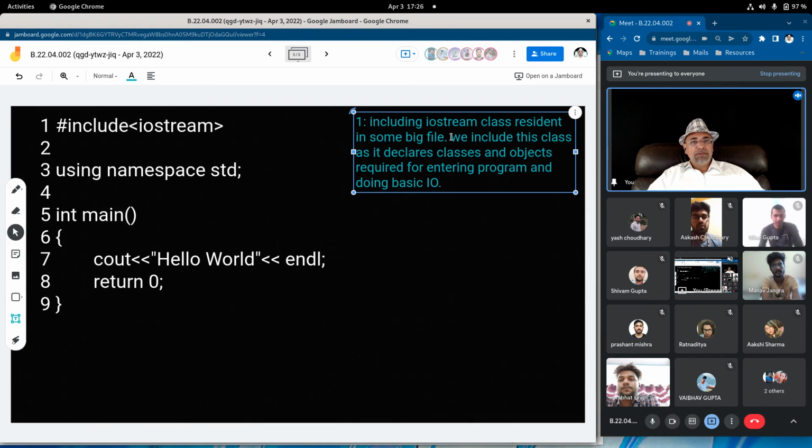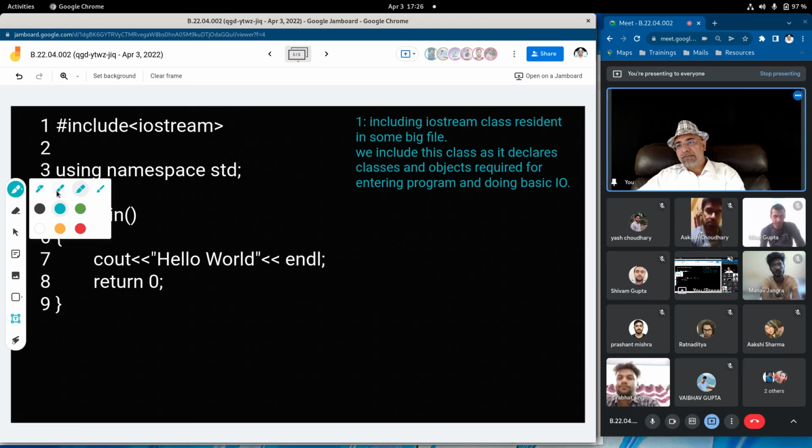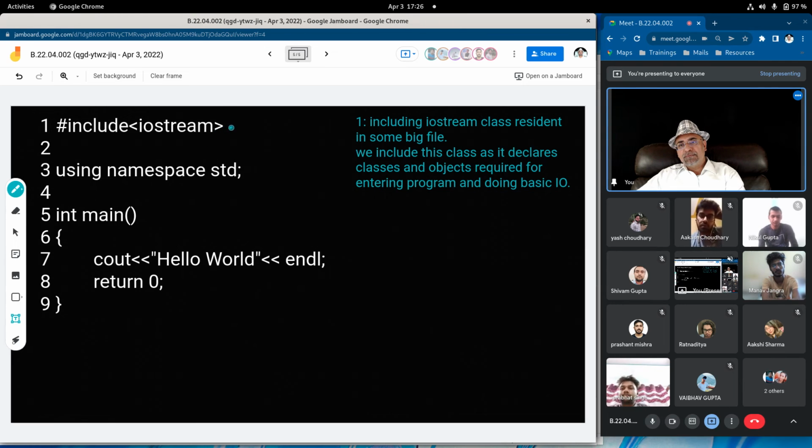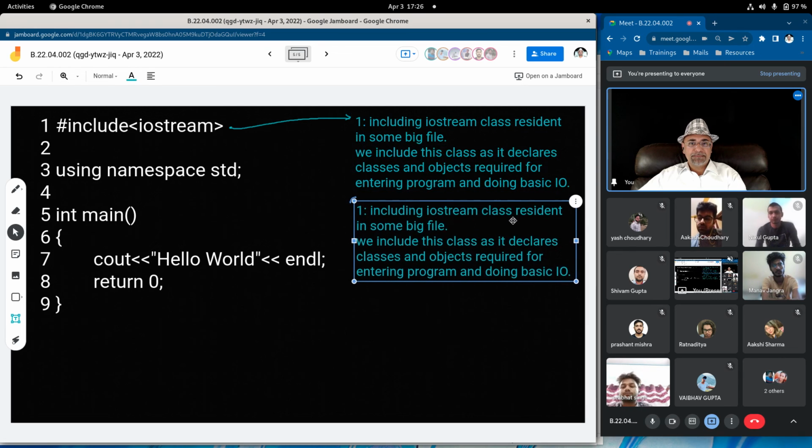We include this class as it declares classes and objects required for entering into the program and doing basic IO. Now, this is a big class, so we would not include the whole big class. In fact, we need just a portion of this class, we don't need everything. For that, we have used namespace.